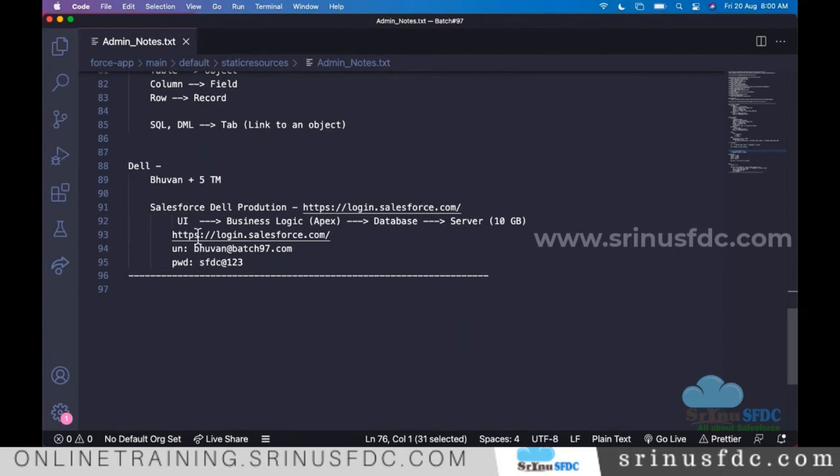So now we are assuming that we registered for the Dell company production, and the employees of the Dell company log into Salesforce and explore the standard applications provided by Salesforce: marketing, sales, and service, all those applications. At present, I think we are exploring the marketing application, right? So now, to